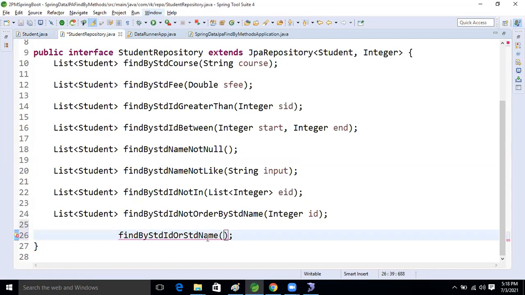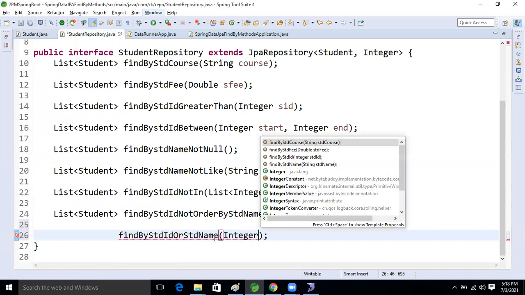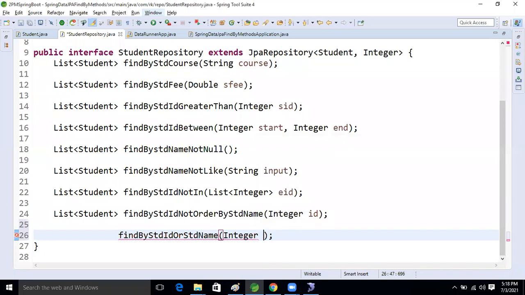Okay, good. Integer, I'm taking the ID. Another one is string, I'm taking as name. Sorry, name. I'm just taking name. Okay, good.